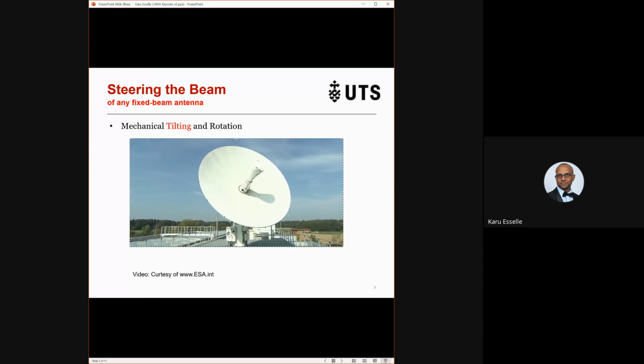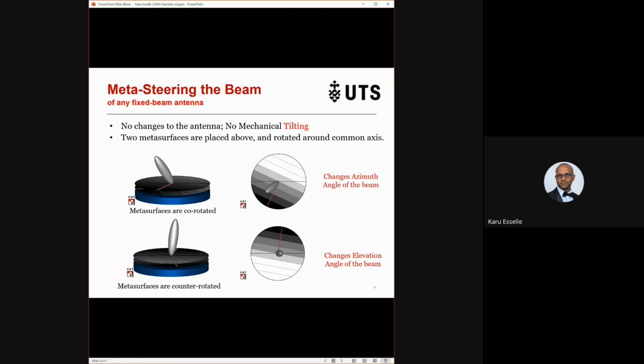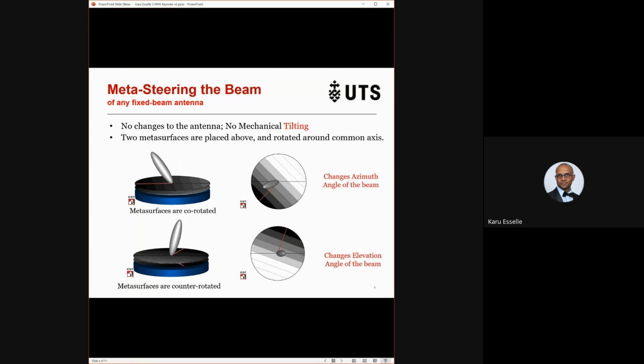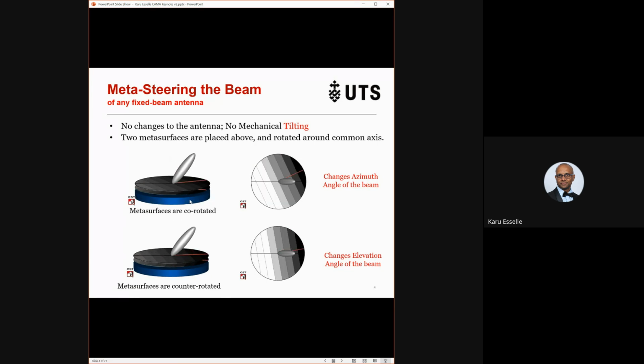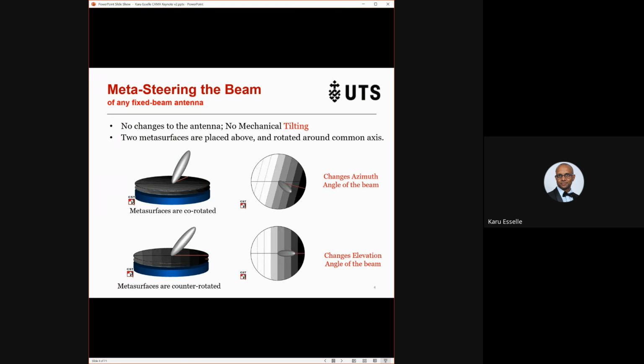Okay, now there's another method to steer the beam of any antenna. This is called metasteering the beam, and it works for any fixed beam antenna. So what you do, you take your fixed beam antenna, that is this blue box. It doesn't have to have this shape, it could have any arbitrary shape. And then you place two metasurfaces above it. These are phase gradient metasurfaces,